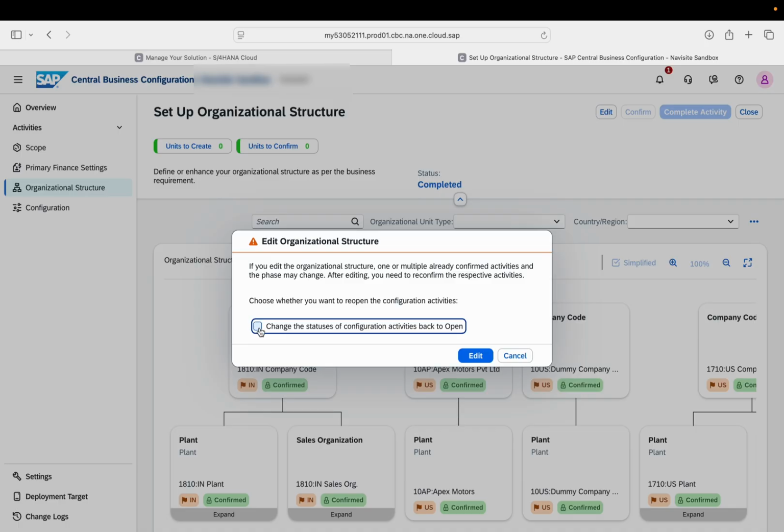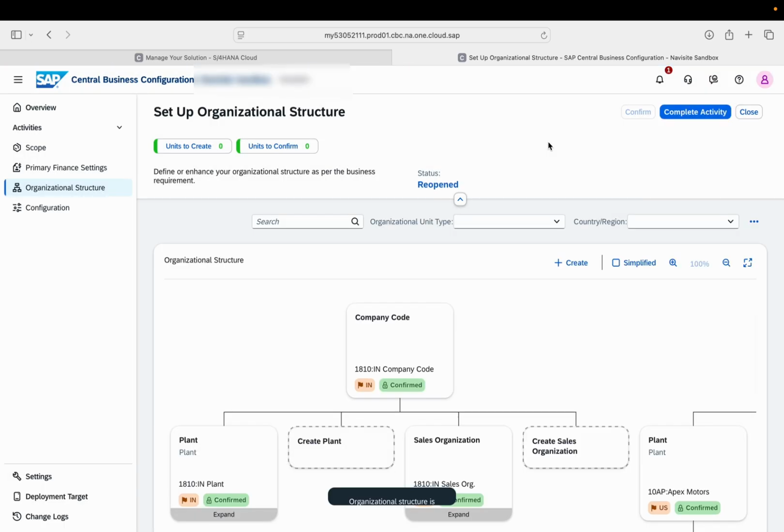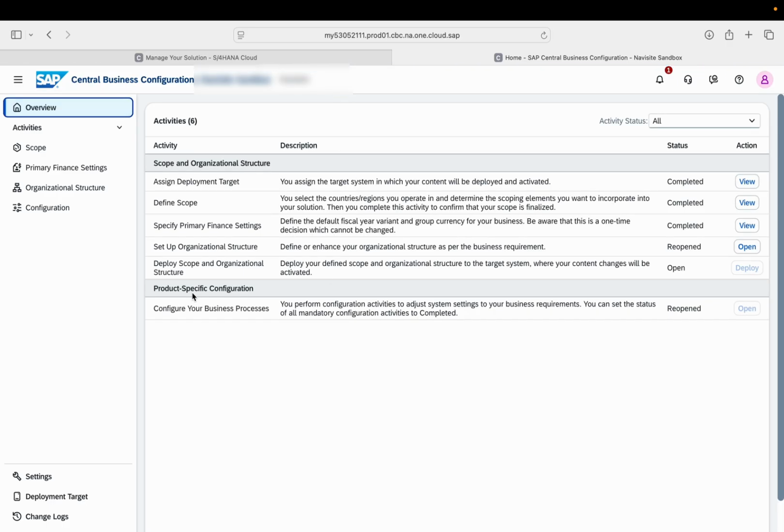Just select this checkbox and click on edit. The system will simply open the configurational activity for you. If you go to overview once again, you will see that the deploy option is now open and setup organizational structure is now reopened.